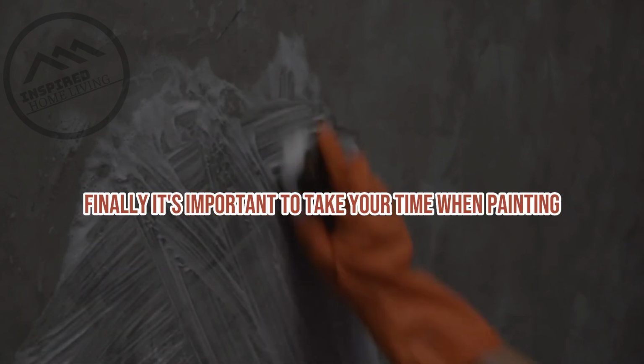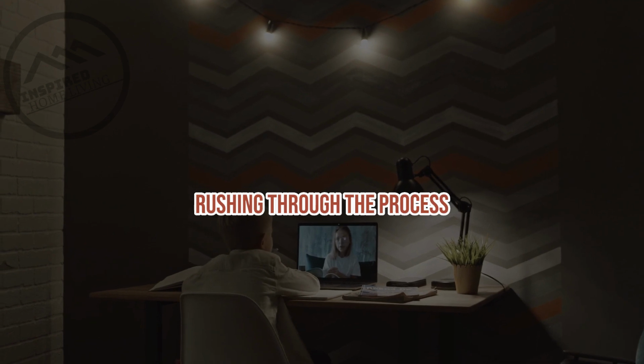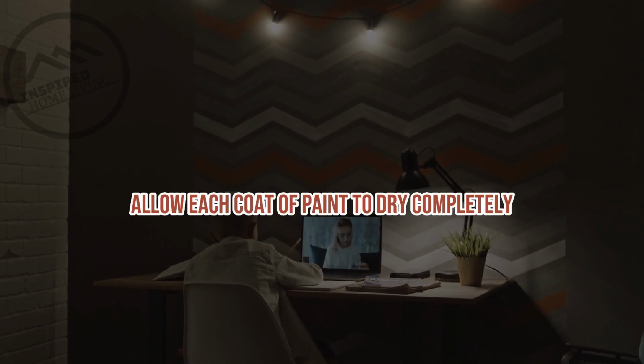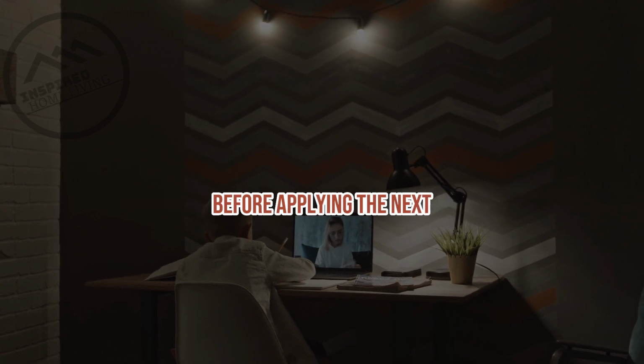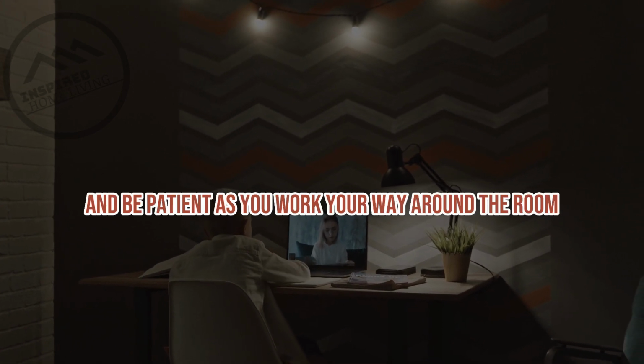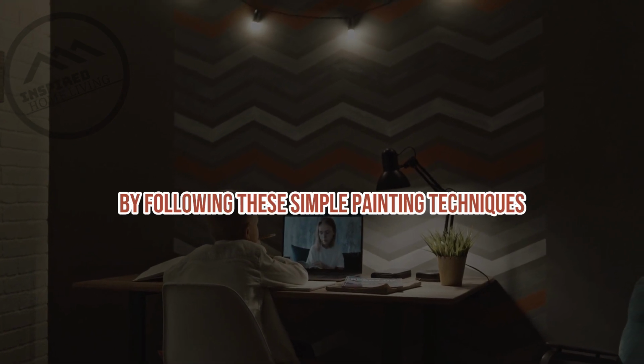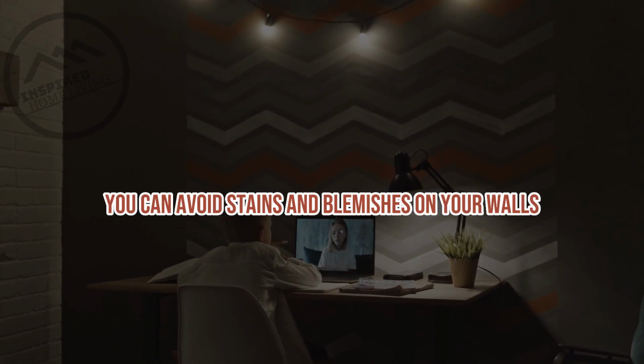Take your time. Finally, it's important to take your time when painting. Rushing through the process can lead to mistakes and blemishes. Allow each coat of paint to dry completely before applying the next, and be patient as you work your way around the room. By following these simple painting techniques, you can avoid stains and blemishes on your walls and achieve